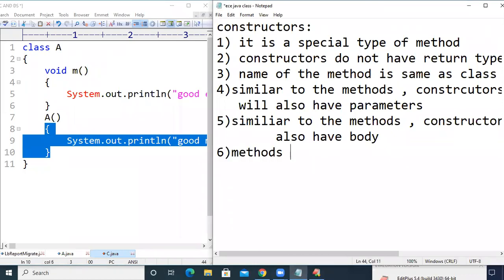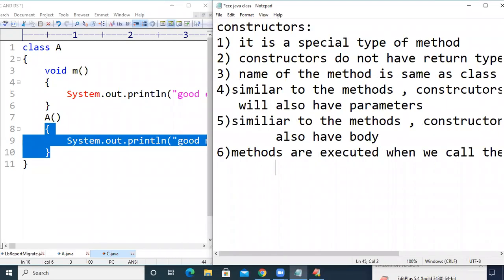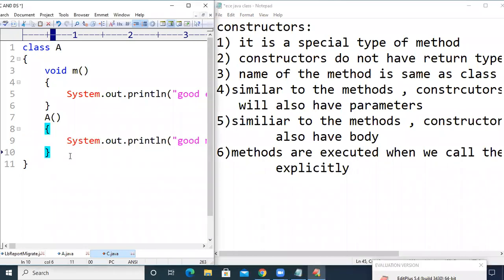Methods are executed when we call them explicitly. So the methods will get executed when we call them, right?